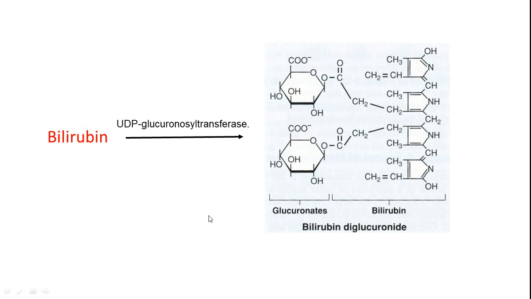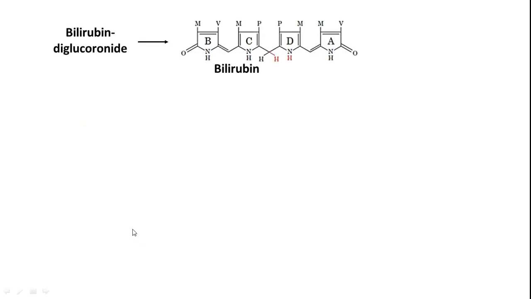While taking food, when bile juice is released into the gastrointestinal tract, that is into the small intestine via the duodenum, then along with all the enzymes and other chemicals, bile pigments will also be released. Okay, so what happens then? Bilirubin diglucuronide enters the small intestine where it will be hydrolyzed, so that bilirubin will be regenerated.